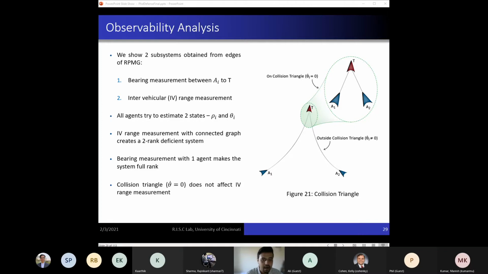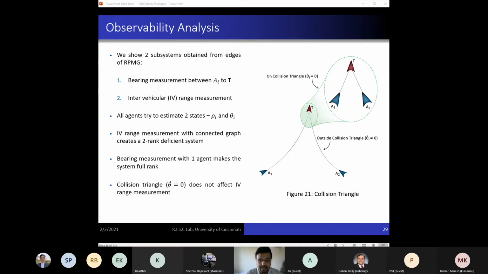The figure shows a collision triangle. Practically, we may not require to switch between different guidance laws. The exterior of the collision triangle is a region where theta dot is not equal to 0. This is going to be true for PN guidance based navigation till the concerned agents reach the target. The interior of the collision triangle is a region where theta dot is equal to 0.